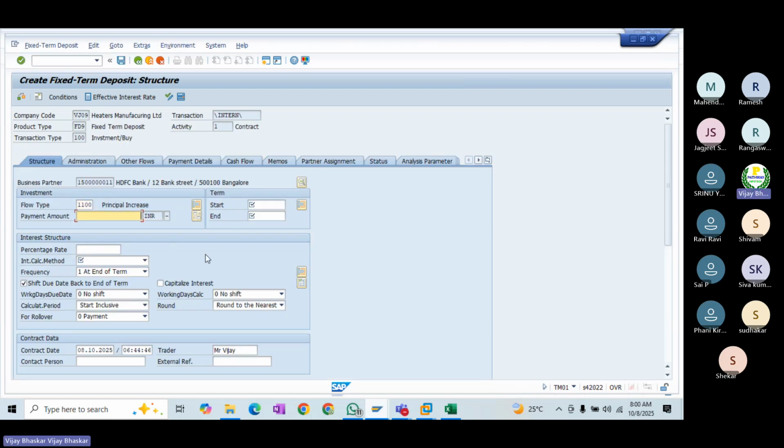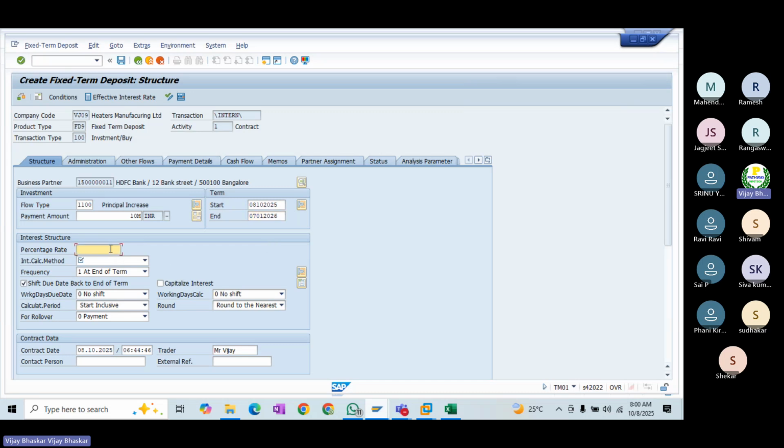Now let me give some amount, 10 millions. I'll give today's date, 08/10/2025. Yesterday somebody was asking about the in-between period, so now you can see that scenario. Let's give the same, 07/12/2025. In between, the contract covers October, November, and December. It's a 3 month contract which is going to be valid. 07/01/2026, next year also we can give.